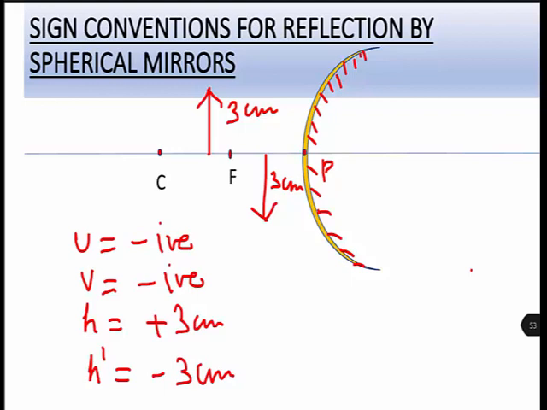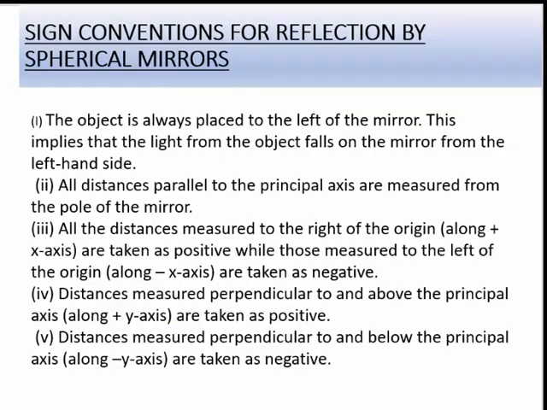Again, I would like to inform you that these are just the examples that we are considering. These are not the actual cases of the position of the image that we will get in case of convex mirrors. This is only for the purpose of understanding that we are drawing these object and image distances. Now that we have seen various examples of object distance, image distance, how the height will be positive, where the height will be negative, after going through the examples which we have just discussed, it will be easy for you to also understand these points that are given in your textbooks.